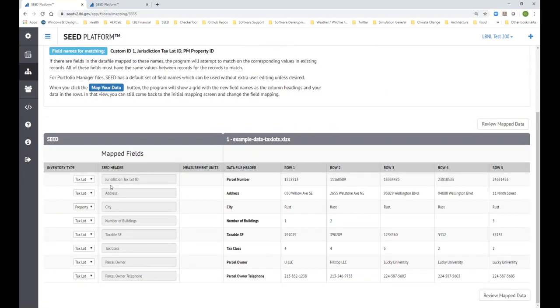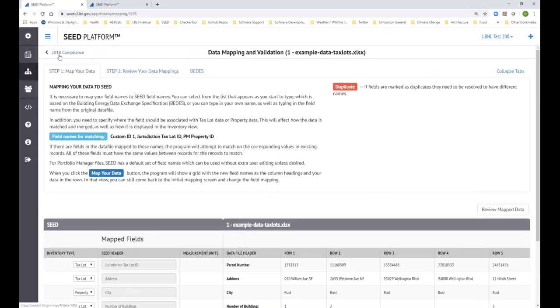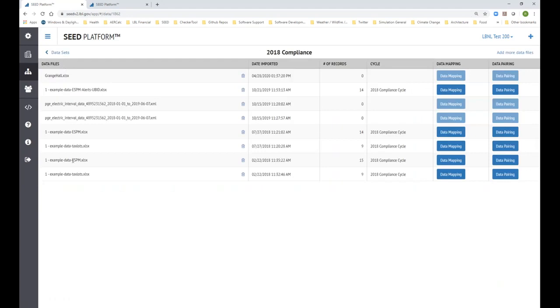Basically, the only matching field was jurisdiction tax lot ID, and all the rest of the field names were kept the same. You could always change the names if you wanted to change the field names. And then if we look at the Portfolio Manager data, and we look at the mapping for that,